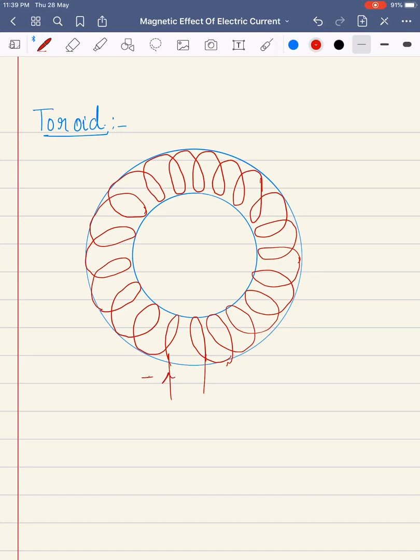If I say there is a current I flowing within the toroid, what will happen? The magnetic field will be generated along the axis of a toroid. Getting it clearly? That means the magnetic field will remain well within the toroid itself. If this is your axis of a toroid, the inner ring structure, that's the point where we need to calculate the magnetic field, the magnetic field along the axis of a hollow circular toroid.